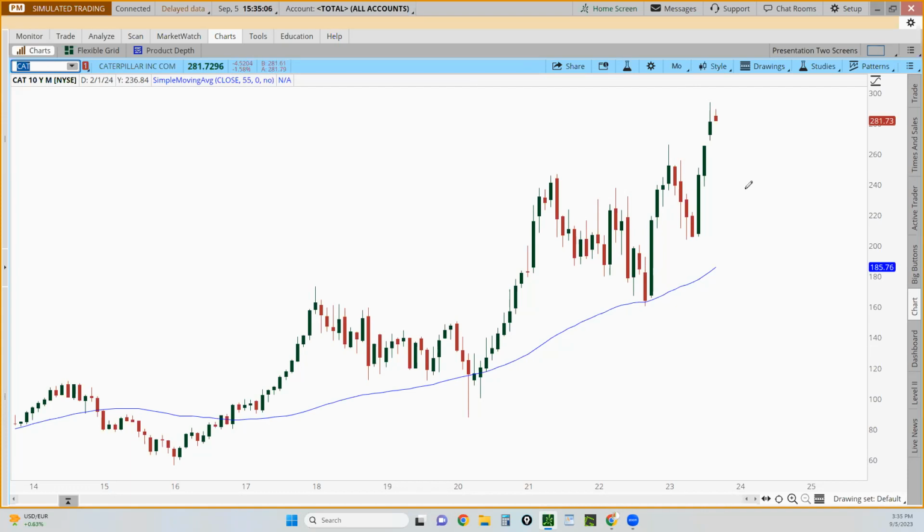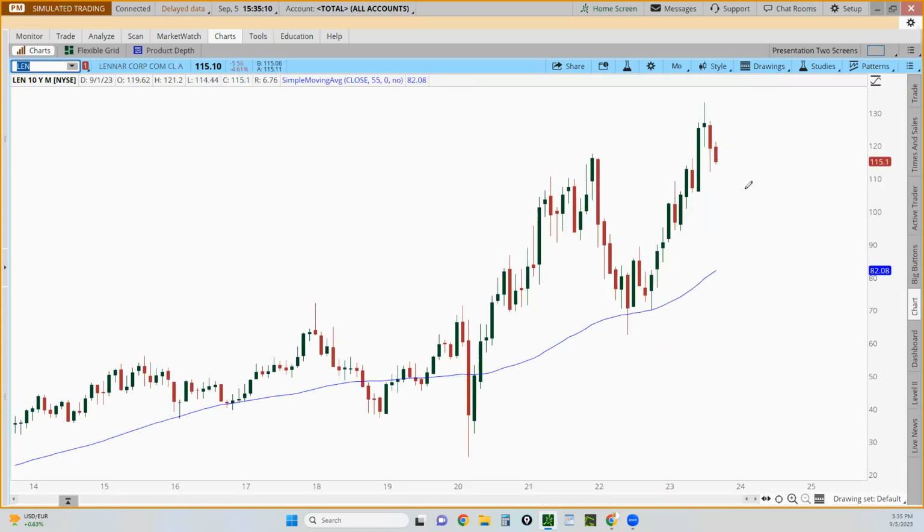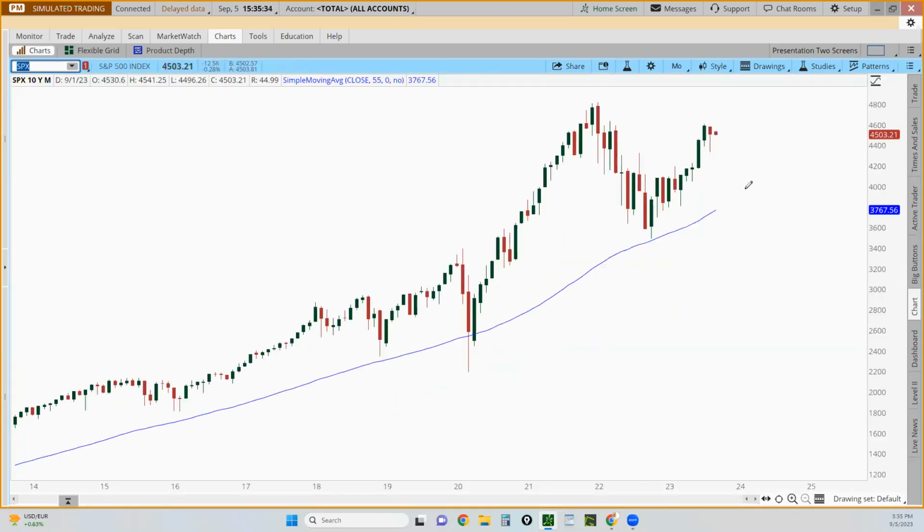Does that make sense? Here is Lennar, the home building companies. Again, this is what we were seeing back in October, November, December, January. And I'm seeing this, and I'm like, oh my goodness, this market is ready to go higher. And people are like, no, no, no, we're in a recession. And that's why I wrote about that. I said, we are only going to stay bullish because we could see that the market was ready to go higher. Even the S&P 500, it's the exact same thing, right?